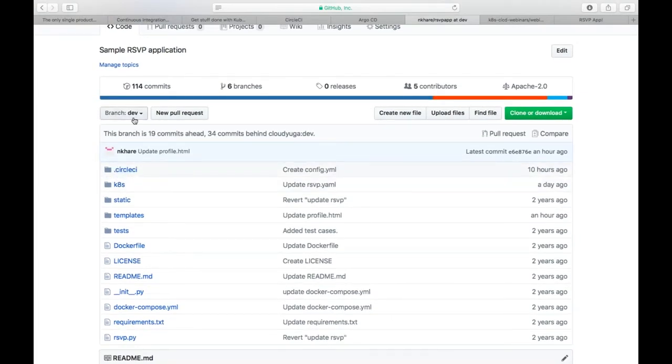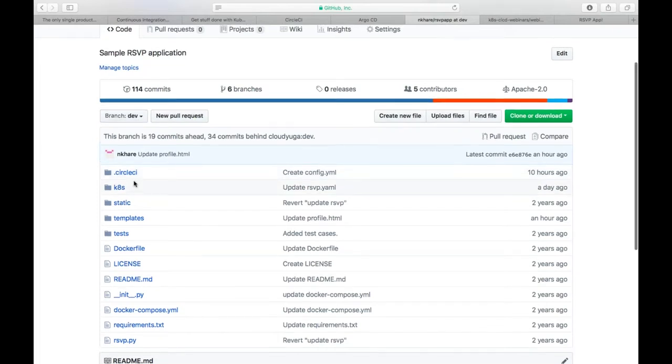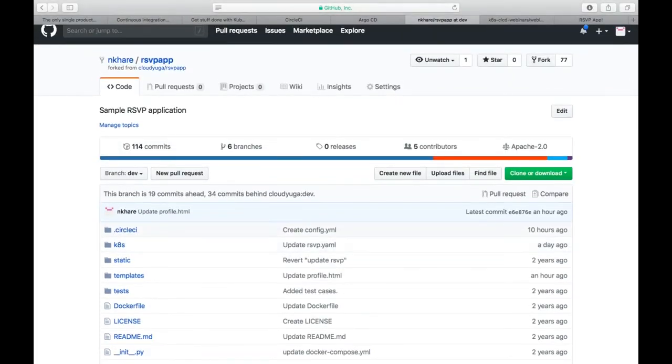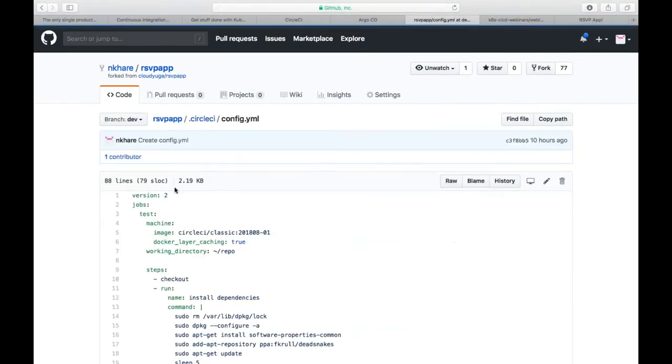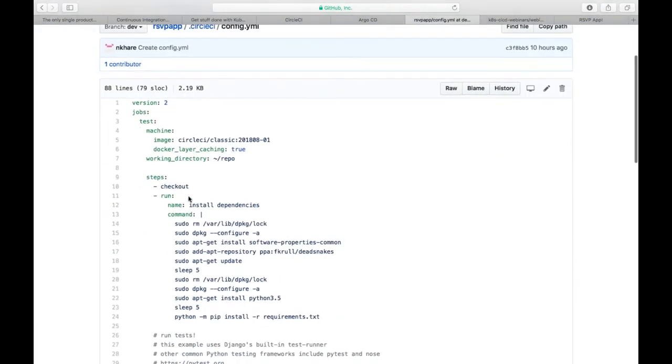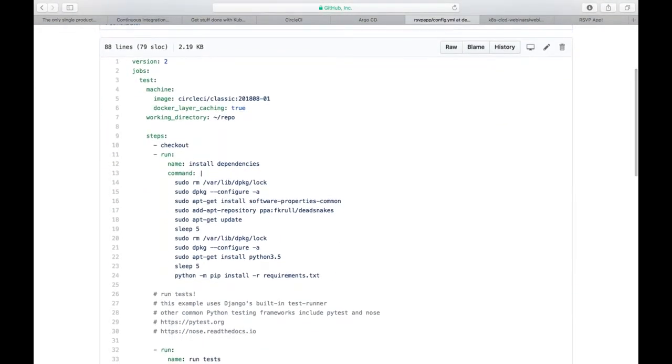We are in the dev branch of our source code, and in that dev branch we have created a folder called .circleci, which you have to create if you want to use CircleCI. In that, you need to define a config.yaml file. This config.yaml file contains the workflow which we want to use for our CI pipeline.